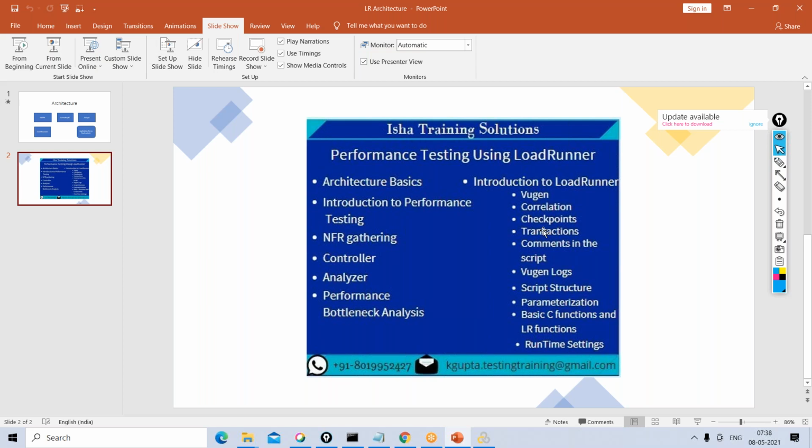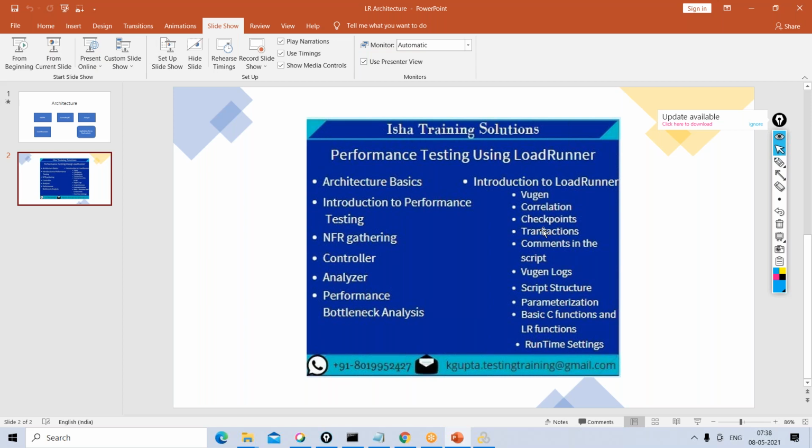And along with that, we will see some concepts along with the LoadRunner tool, LoadRunner architecture and LoadRunner concepts.